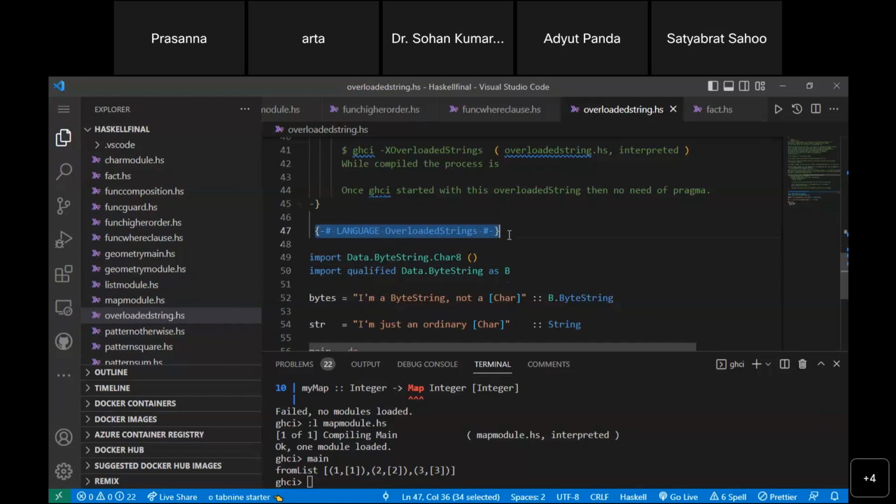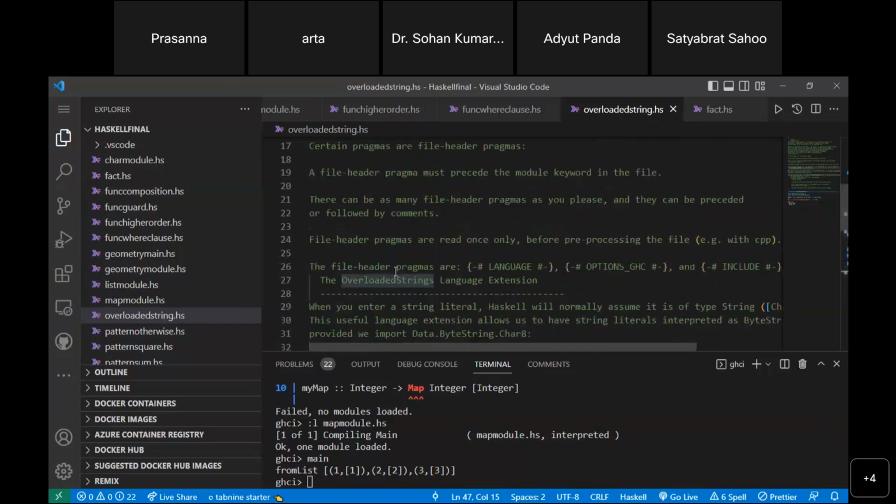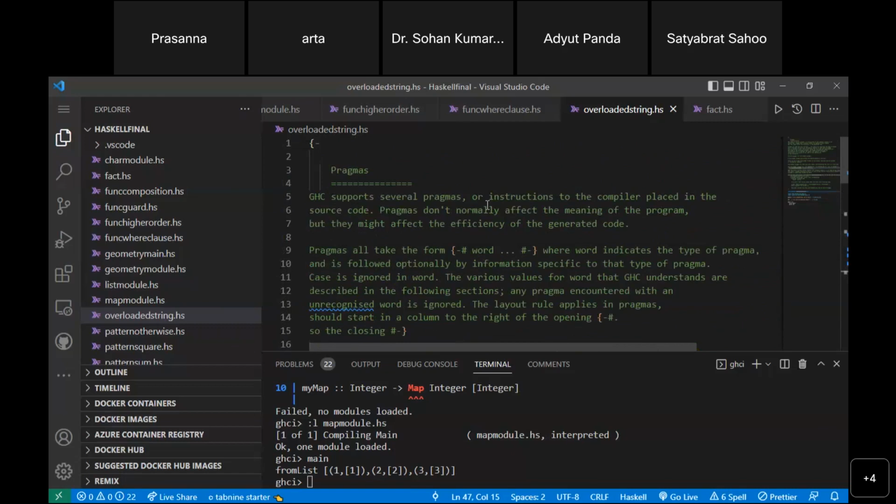I'm not talking about import. I'm not talking about any modules. I'm just talking about the pragma. And every module has been defined inside that pragma. The pragma will define that this functionality should work as per before compilation. These are the rules. So here, whenever we are going to use any pragma,